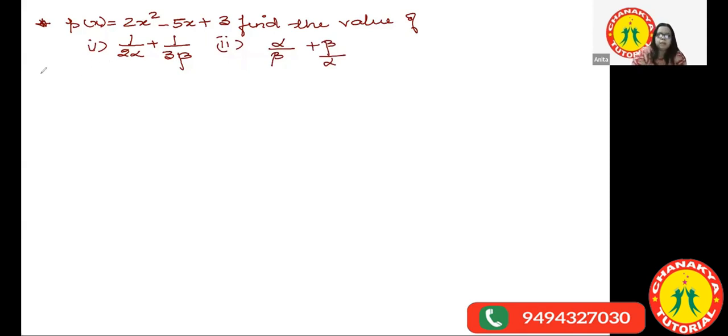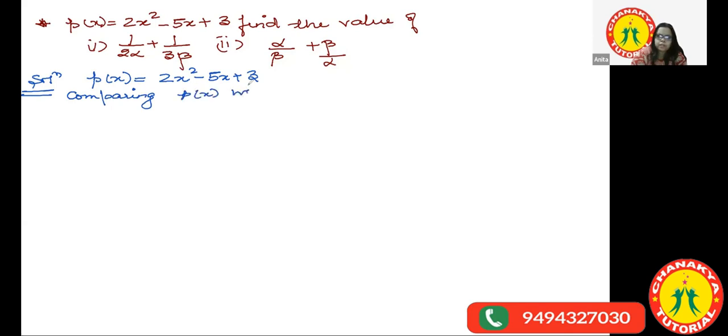So as we did in the previous question, you have to follow the same steps. So we have this polynomial 2x squared minus 5x plus 3. Right? Now you can compare this polynomial p(x) with ax square plus bx plus c. Then